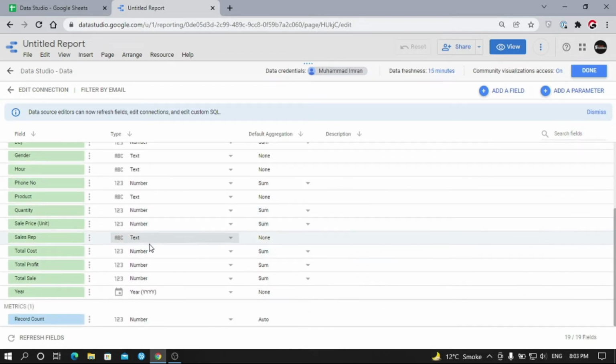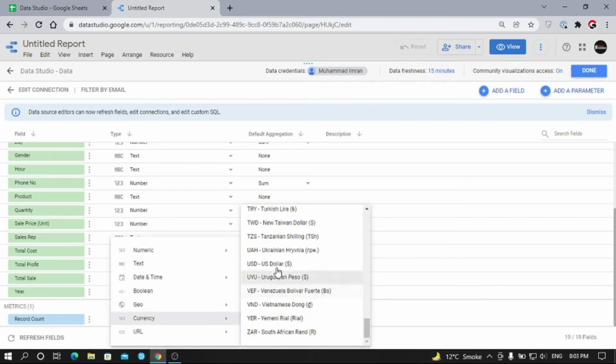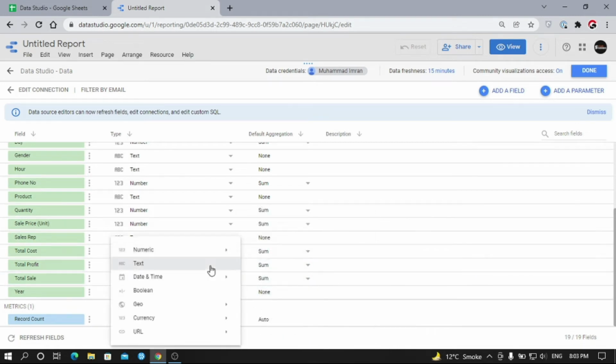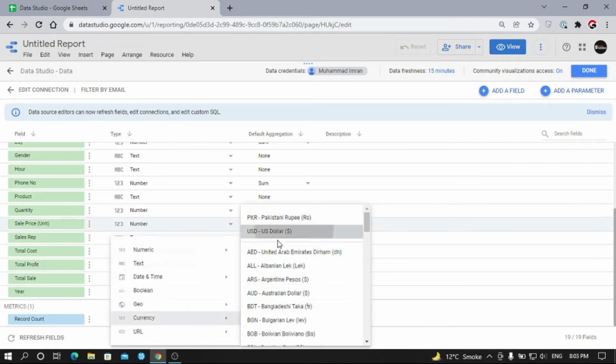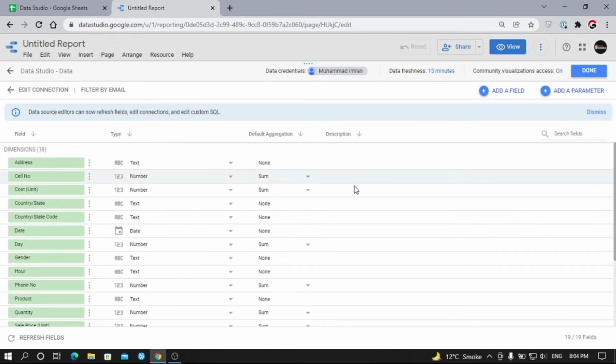So if I look into total sales, cost and profit, these should not be numbers, they should be currency. Let me change this. But why have I changed this and what's the benefit of changing the type? Well, the answer is, wherever you are going to use these fields in Data Studio, you don't need to change them every time. And if you have already created the whole dashboard, then just make changes here and that will be applied everywhere.